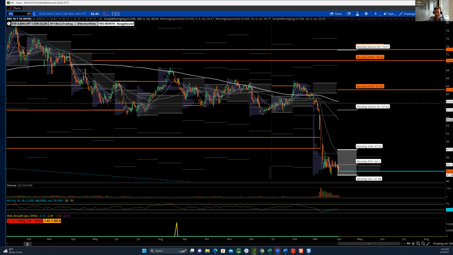If you're buying this for a bounce, where are you going to sell it? Because odds are it's going to take a long time. Listen, I don't have a crystal ball, but I would think for this to come all the way back up here, it's not going to be like a U-turn. It's probably going to take a long time. People are aware of risks, and they're worried about this group, where they weren't a few months ago. So 41.48 is going to be a big level to watch.